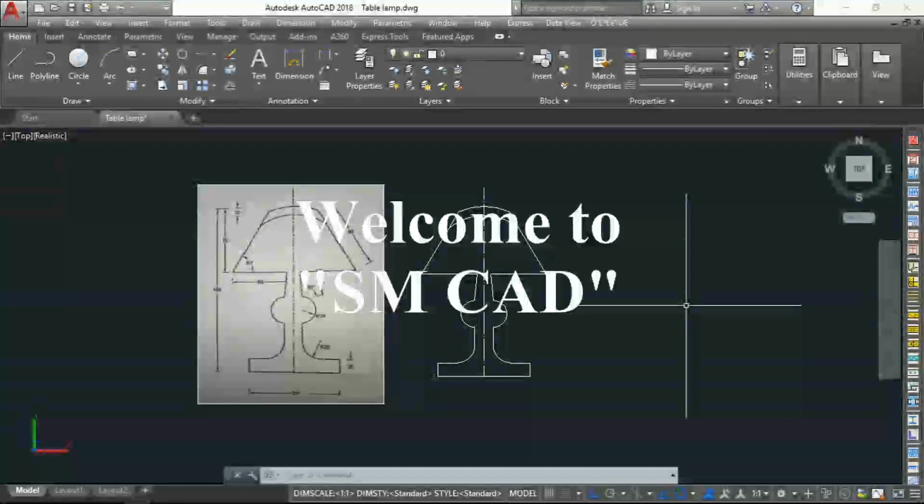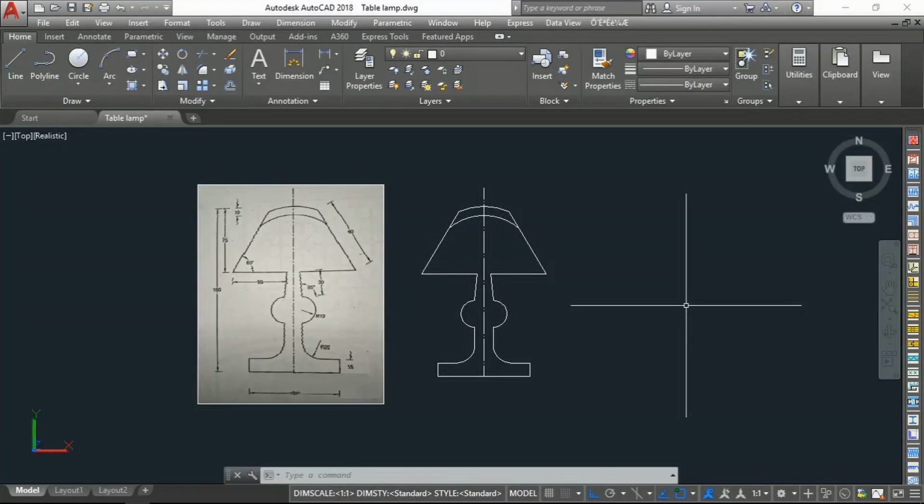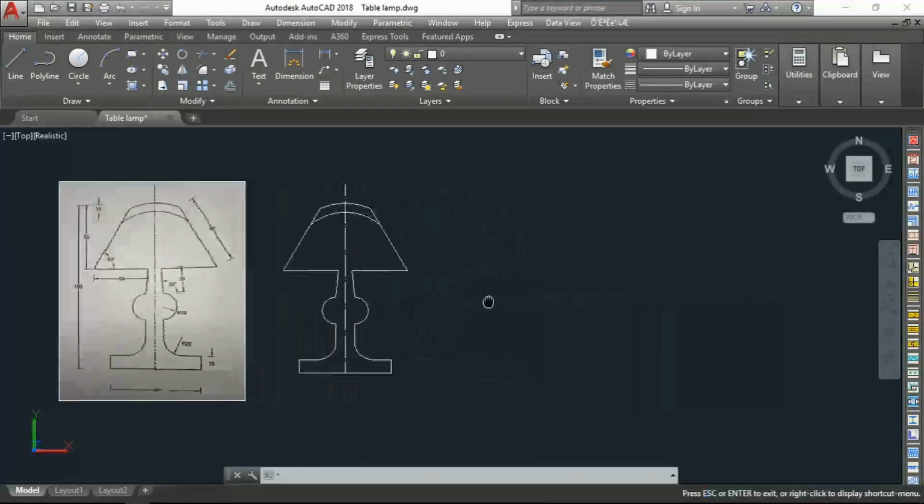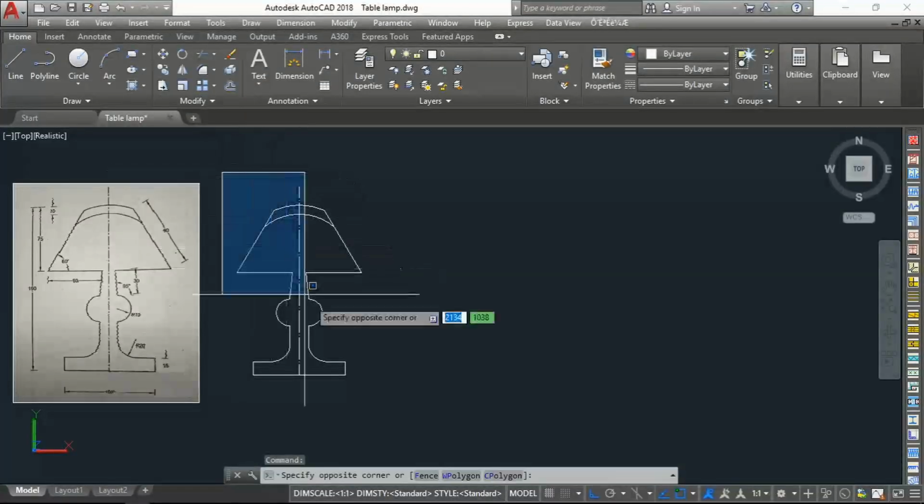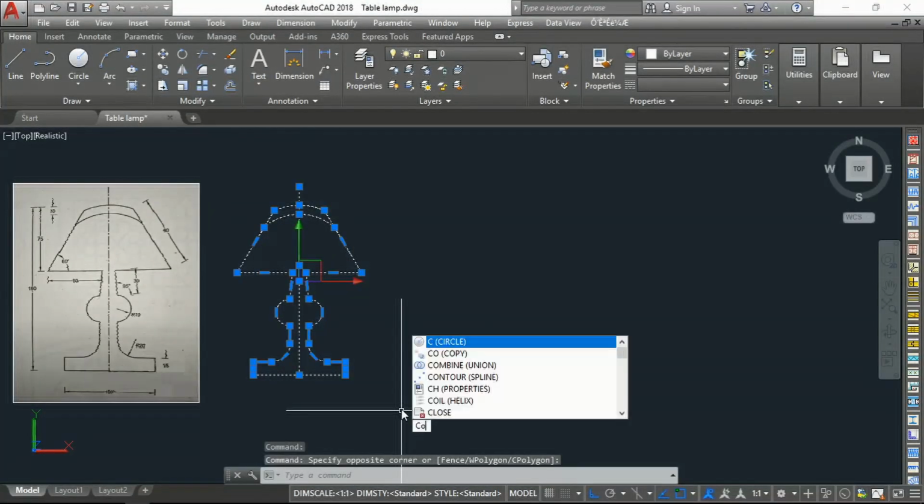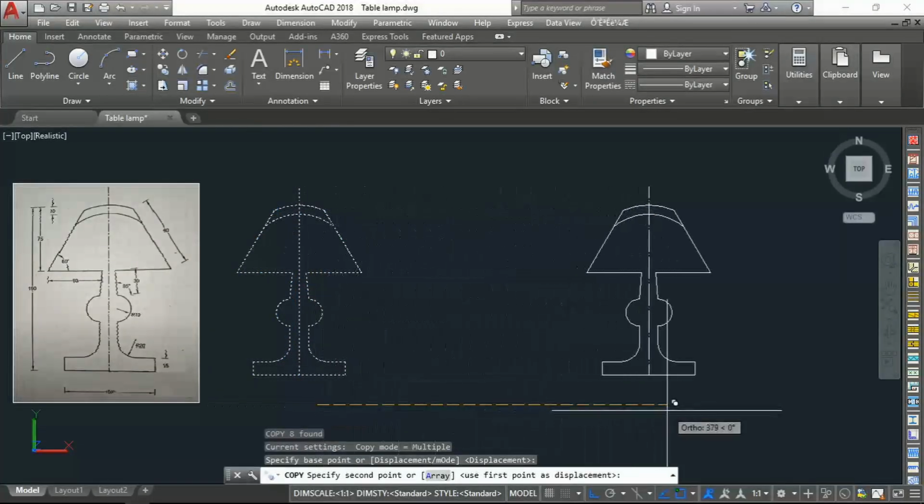In my previous tutorial, I showed you how to draw in AutoCAD a 2D table lamp as shown on screen. In this tutorial today, we will convert the same design into a 3D model. So let's start. You see this model on screen. I'll just copy this to one side